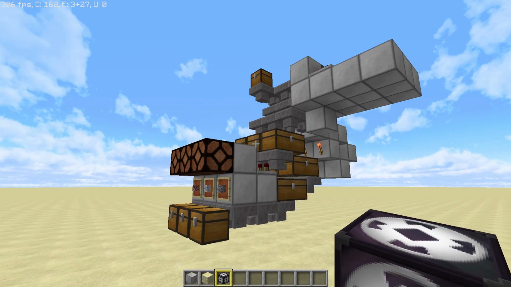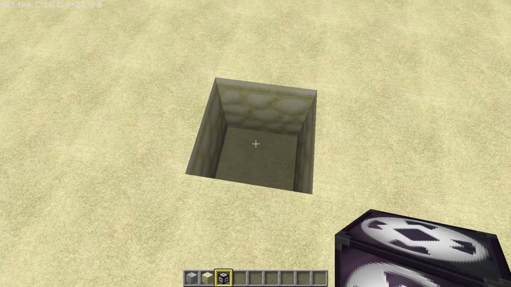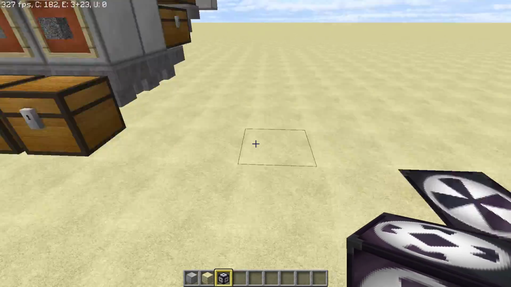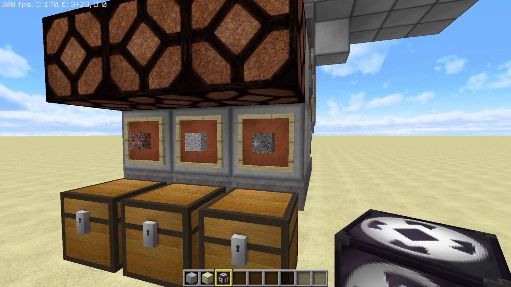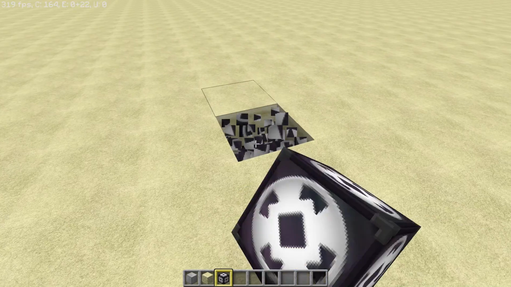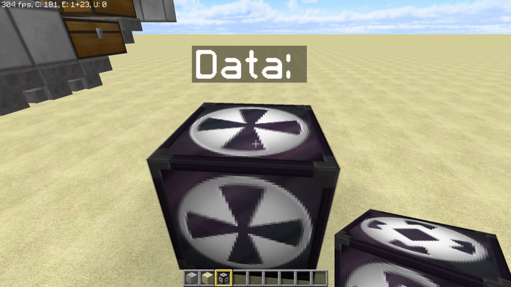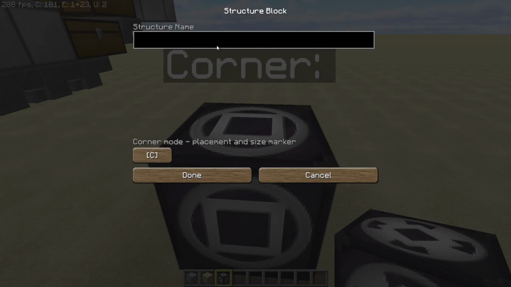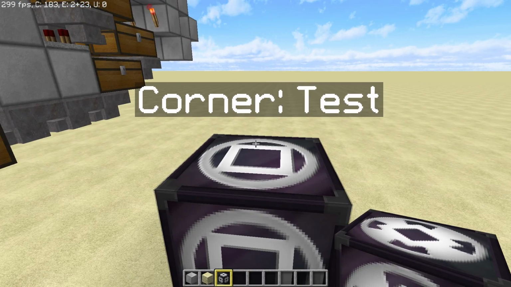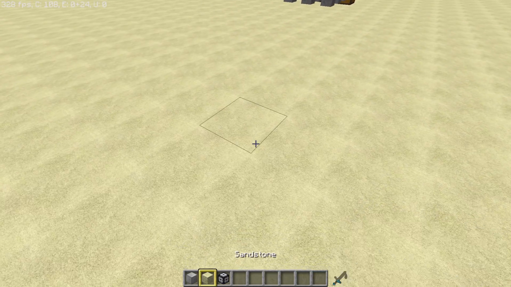So what I'm going to do is that I'm going to use the corner blocks to start with, and you place one down here, and it needs to be one level below the structure that you want to save, and it will become clear. Let's actually start with that. Let's place it over here, and you right click on it and you click here to structure mode, and I'm going to name it test, and you press done, and you see change the corner and test,